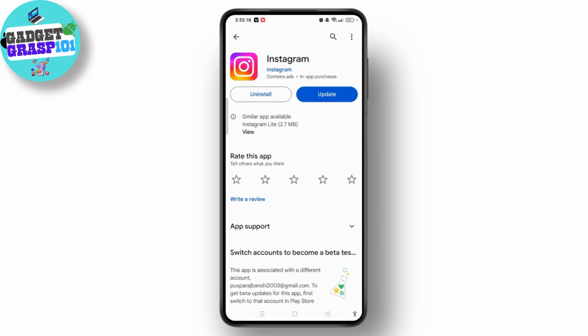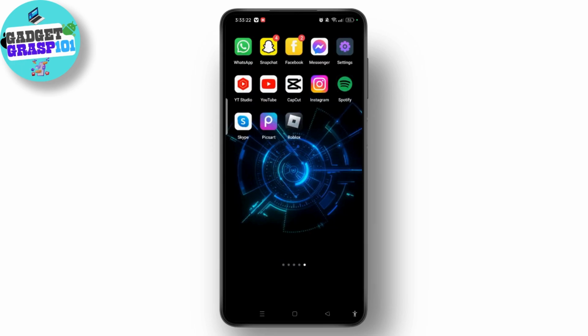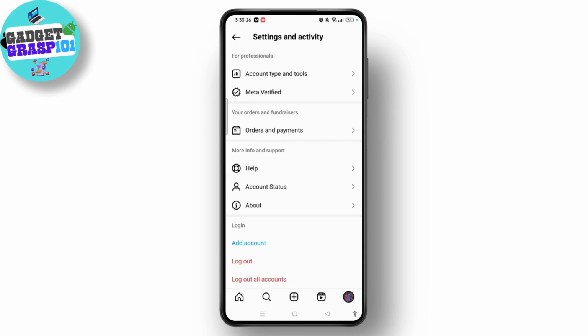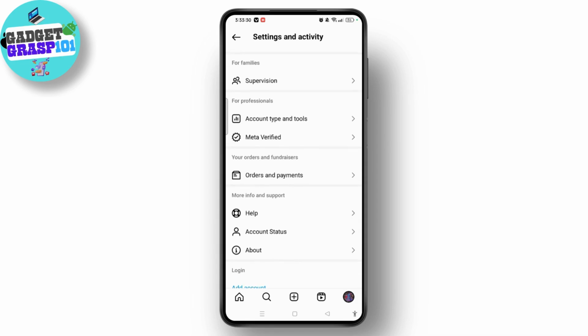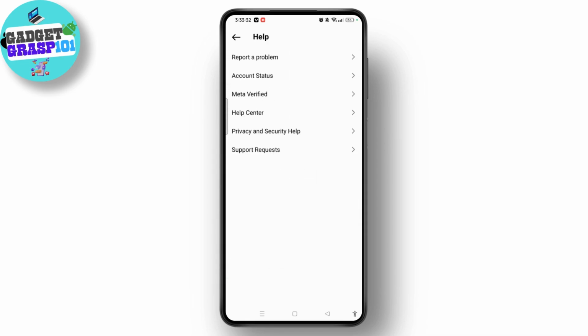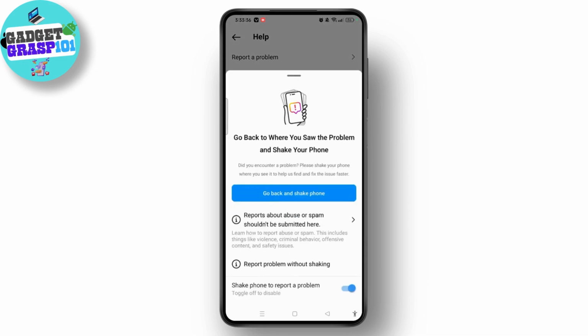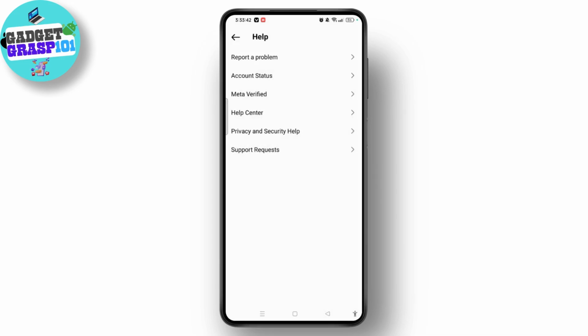These two steps might fix your problem, but if it is still not fixing the issue, you have to report a problem to Instagram. For that, you can tap on help in settings and tap on report a problem. Here you can go back and seek, or otherwise you can tap on report problem without seeking,